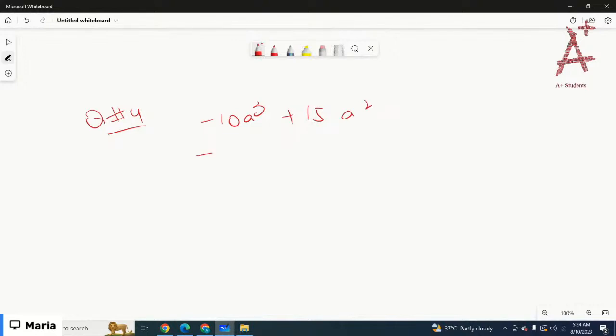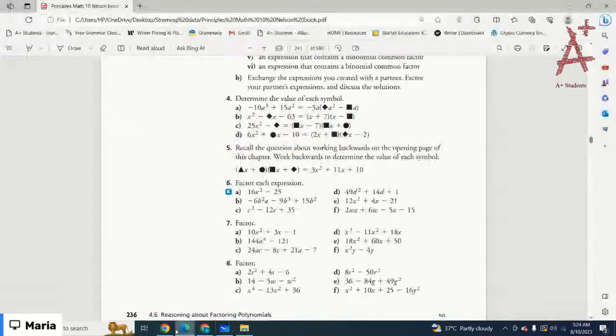If you take common negative 5 and a squared, you're left with 5 times 2 is 10, 2a, and 5 times 3 is 15. You're left with negative 5a squared and 2a minus 3, right? So that means the missing number is,